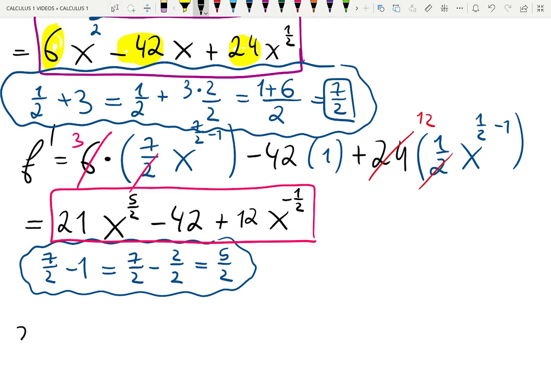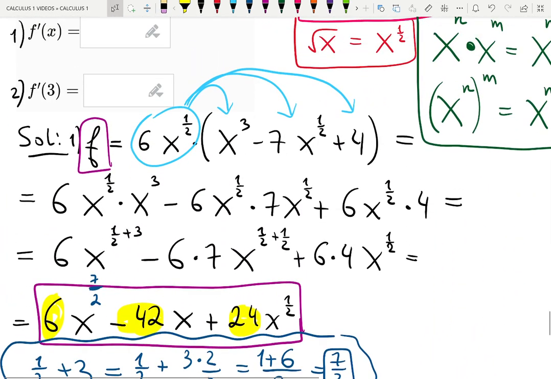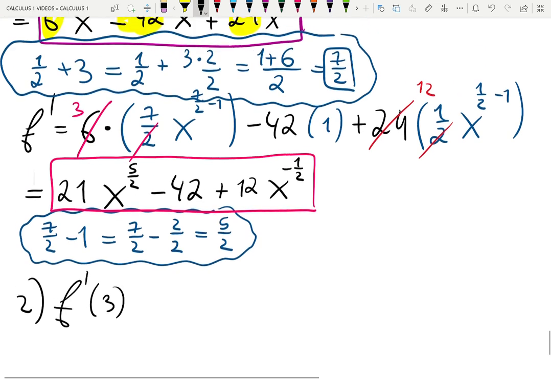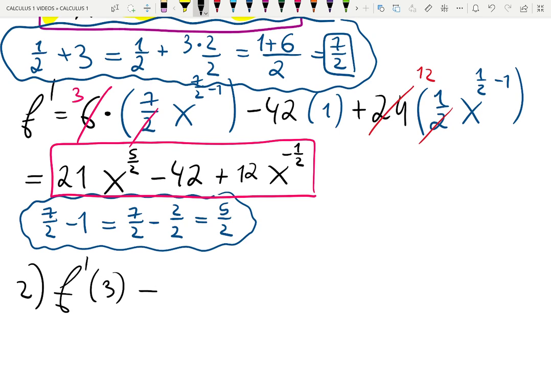Let's move on to the step 2. Step 2 is they wanted us to plug a number 3. So in step 2, let's plug 3 or substitute 3 into the answer. Do you notice that I always box my answers? That is because it will be easier to see them for the next steps. And soon we will have 5 steps in each problem. So beware of that. 21 is now multiplied by 3 raised to the 5/2 minus 42 plus 12 multiplied by